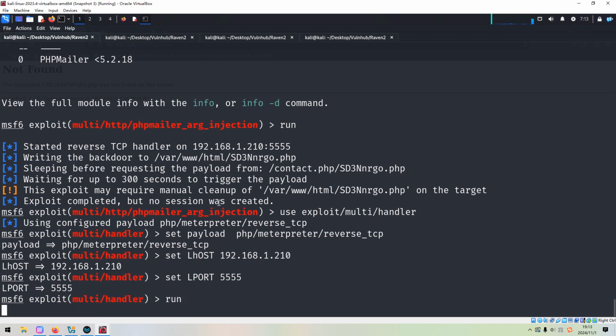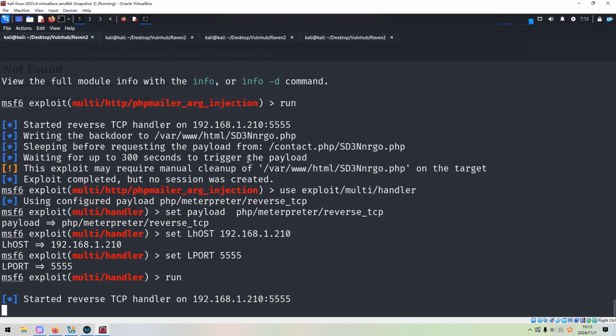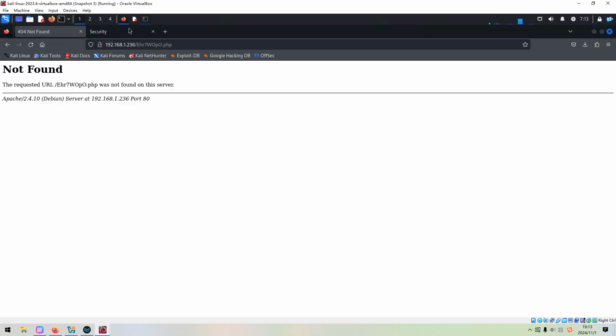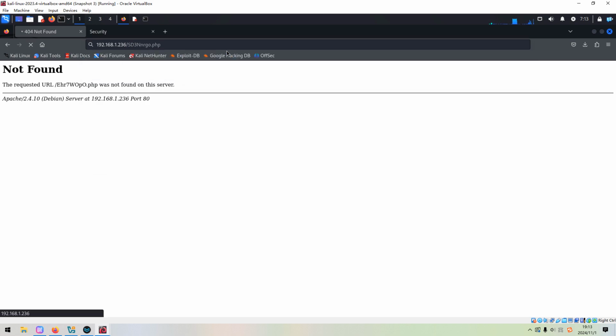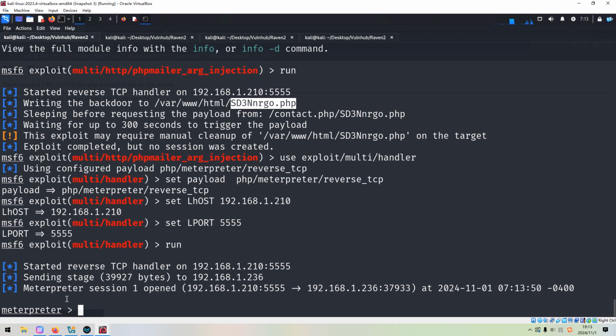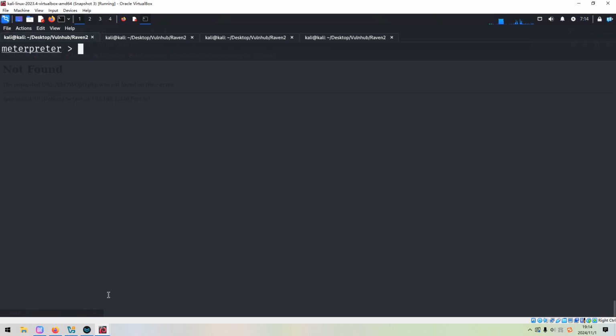So I believe the web shell, or backdoor, has been saved into this file. So we can copy and access this file. As you can see, we successfully got a Meterpreter session. Wonderful, right? So next, of course, we can clear the screen. We can get the shell and spawn it.